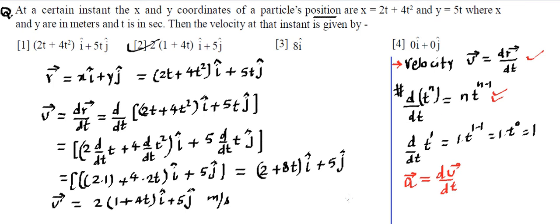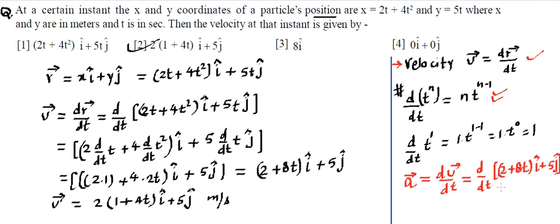Right. So if I solve for this in short over here, because you might be asked this kind of question, you need to place the value of v within this. So it becomes d upon dt of two terms. One is I cap, which is this. So it's going to be 2 plus 8t I cap, and plus 5 j cap.